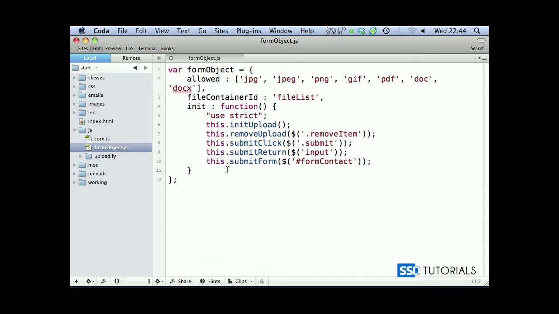The next method will be called template item, so come after our init, template item colon function, and we take a few parameters here. The first one will be called this extension. Second one will be this old name, then this new name, and this size. Now I'm going to explain why we have this old name and this new name, because obviously extension and